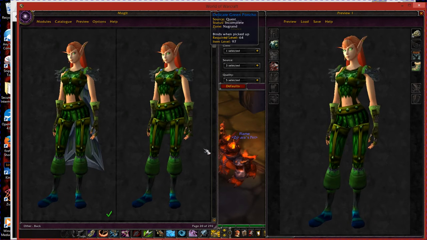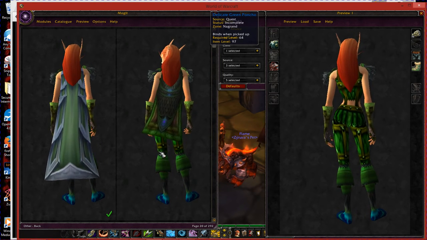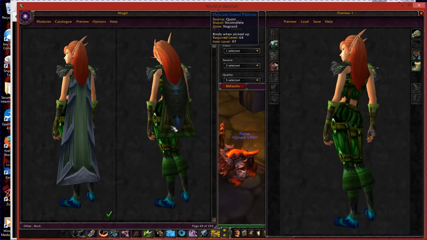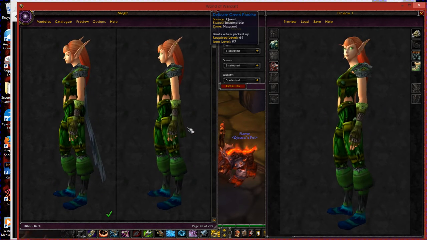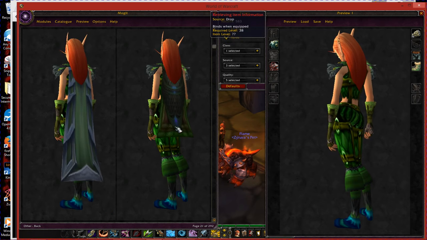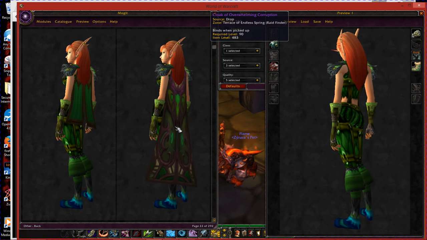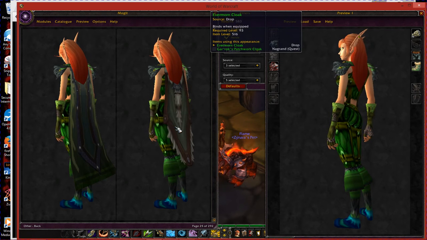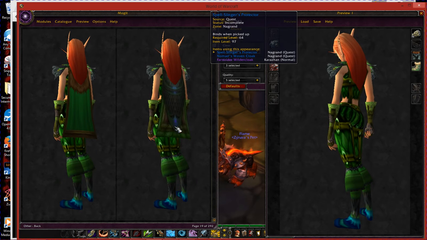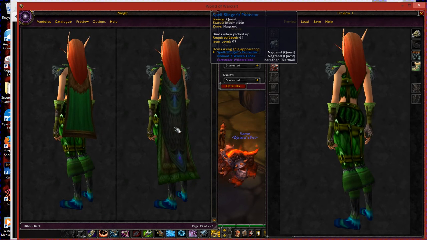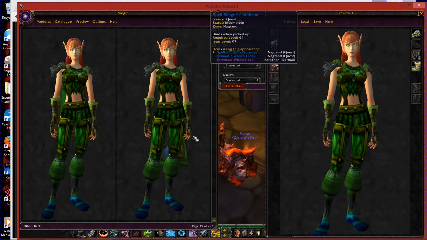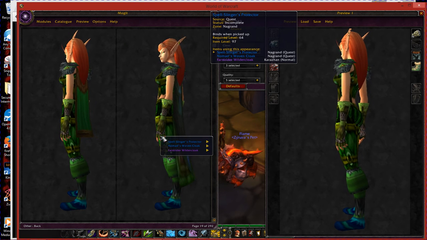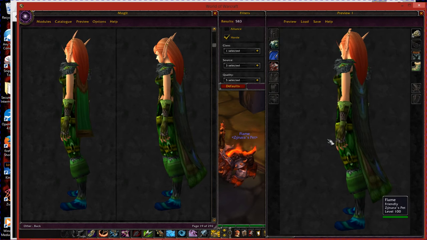Possible? It's not bad. It would incorporate some of the blue. It does do the green. It would incorporate the gray of the shoulder pads and the kind of feathery look. That is a definite possibility there. In this case, I'm probably going to go ahead and go with... Ooh, that's a longer version. Let's see what I like. I do like that. And it's a quest that has not been completed in Nagrand. Easy peasy, lemon squeezy, done.